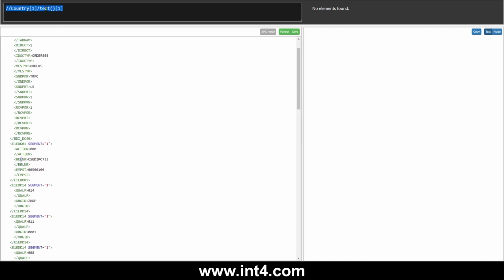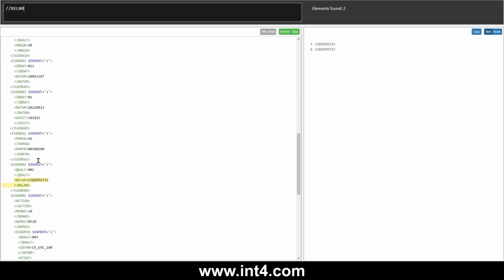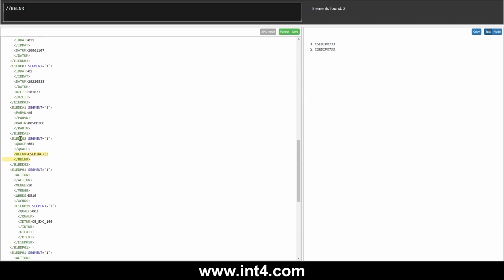So I can just try with a very simple rule. Two slashes, so I find it at any place in the document, and let me put BELNR. Okay. I see the number was found here. I see it was also found again in a different segment. So I could say, okay, that might be a valid rule. If BELNR is different, the segment is different, then that should not be rendering any problems. Okay, so let me copy that